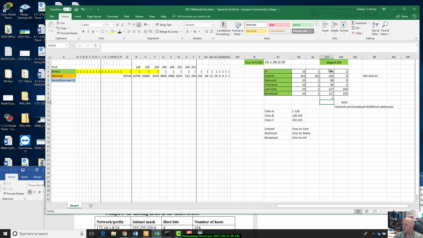Hopefully that makes a little bit more sense. You got to have a 255 here and then a 127, and you just have to remember to subtract 1. Make sure your magic number is 256 minus whatever your subnet mask is right there, and you're going to add that to the 96 down here in your